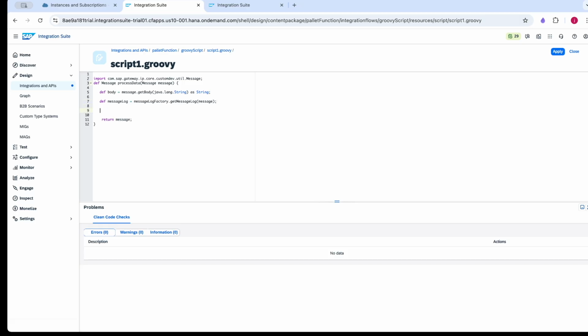Okay, now what I need to do, I need to showcase this in the logs level. So first what are we going to check? Whether the message log is null or not. If message value not equal to null. Okay, then I should go for